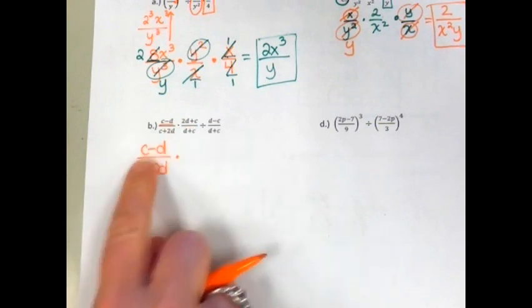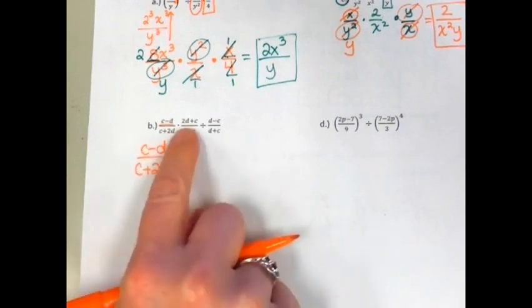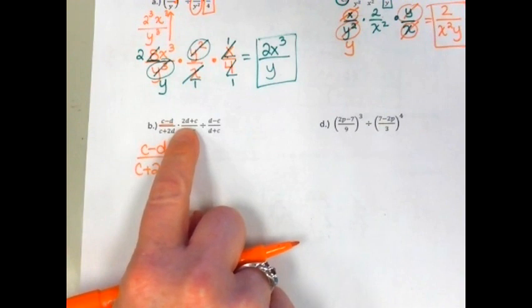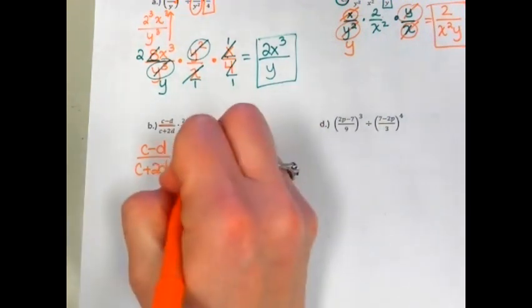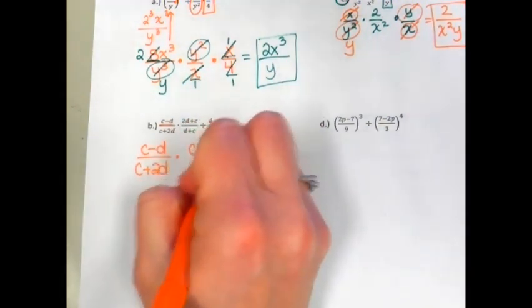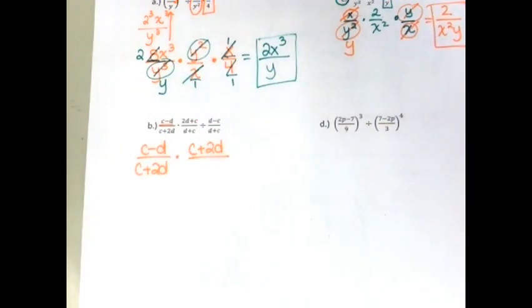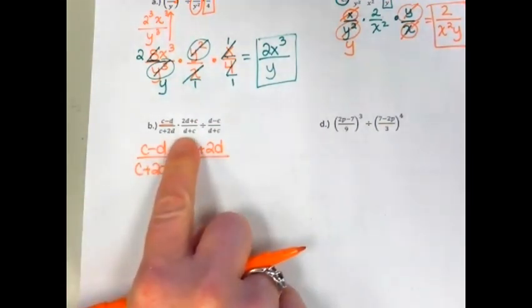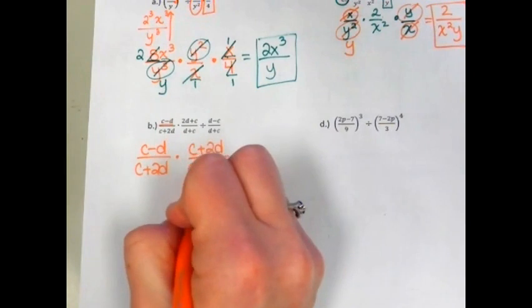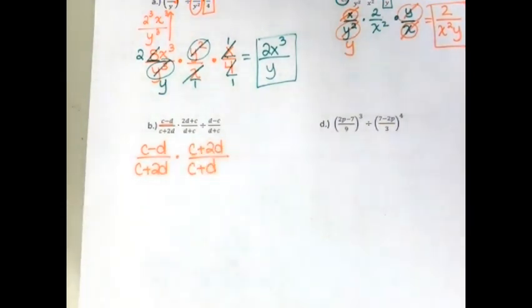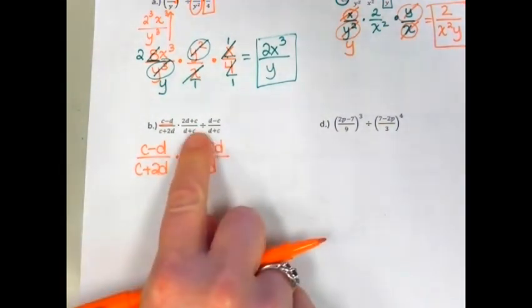If you notice in all of these, the c is marked first. So can I rewrite that with c first? Yeah, 2D plus C, isn't that the same thing as C plus 2D? Yeah. And what about D plus C? That's the same thing as C plus D. Good. Now, divided by, we need to change that to